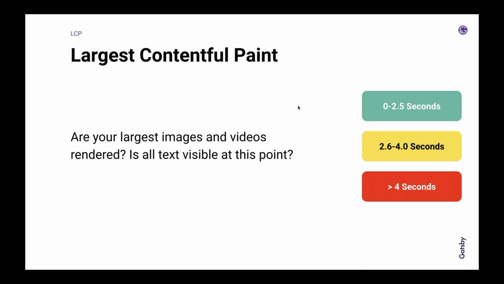What Google perceives the largest contentful paint, and the element that's being painted, to be will change as the page loads. So you need to take a step back and really look at what is the biggest, most important thing on this page, and how do I speed that up as much as possible?